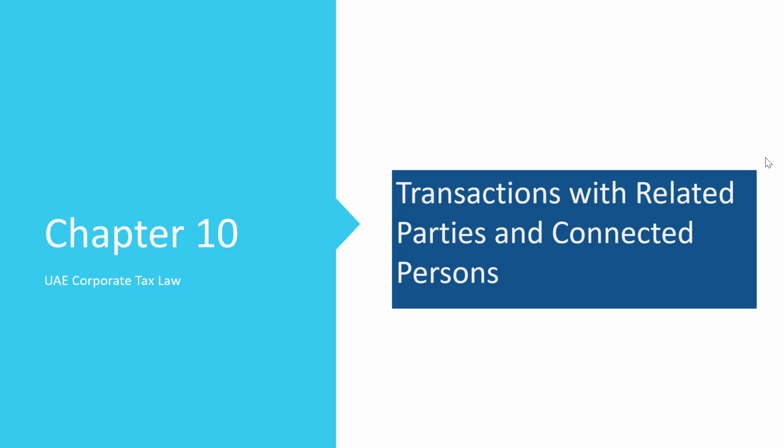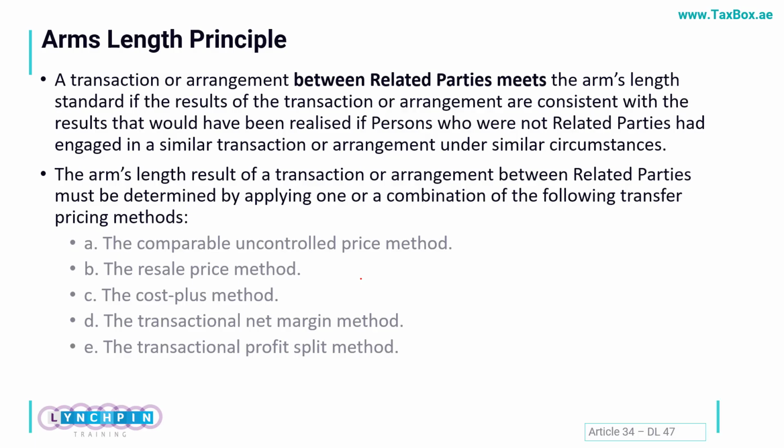This section will deal with transactions with connected persons. It could be individuals, or entities that are in an association with another group company. So here we'll see that if we are conducting any transaction between a connected person or a related party, in that case the transaction price should be at arm's length, which means that it should be a fair price